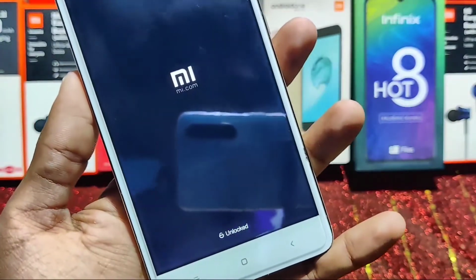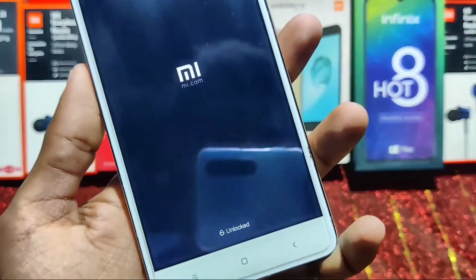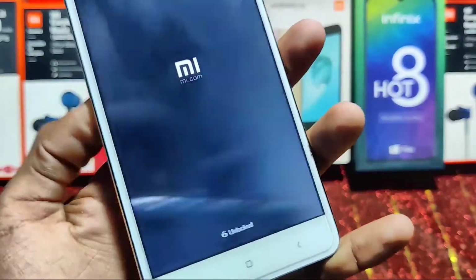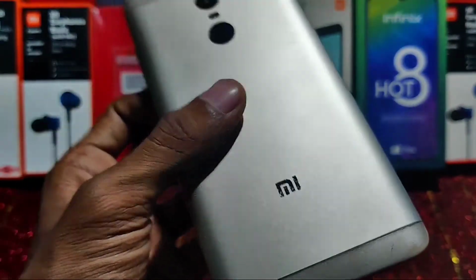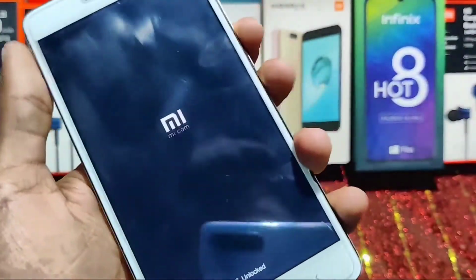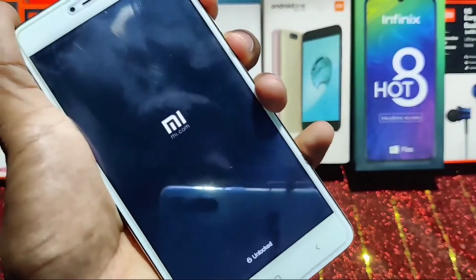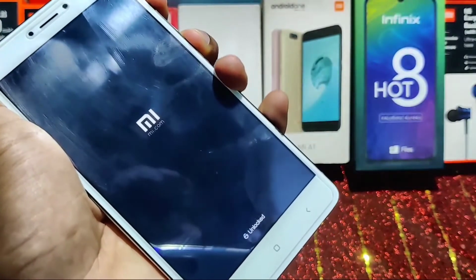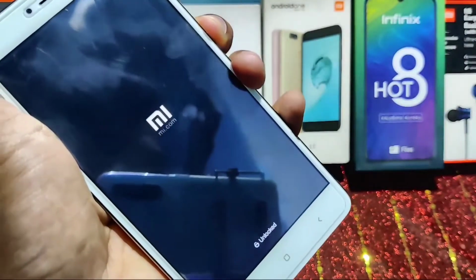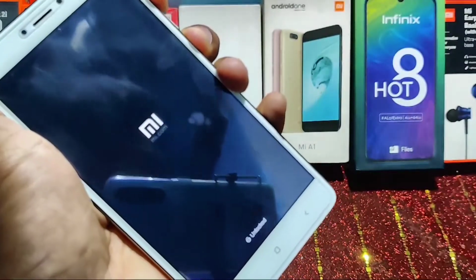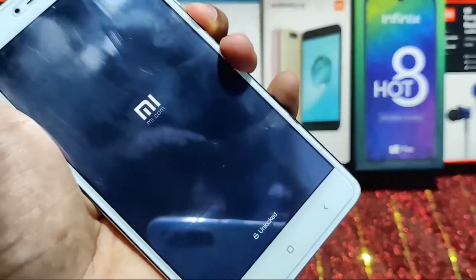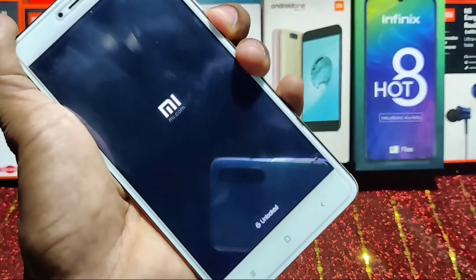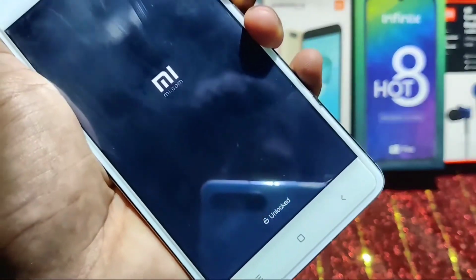As you can see, the device is not going forward and is stuck at this screen only, which is called Mi unlocked. This is the boot screen, and this is my Redmi Note 4, and I will tell you the process. I will provide the link of that file in the description. Download that zip from the description below. Your device won't boot up even if you wait for 1 day or 10 days, because some file got corrupted in the boot image. If you flash that lazy flasher, it will fix that issue and your device will boot.